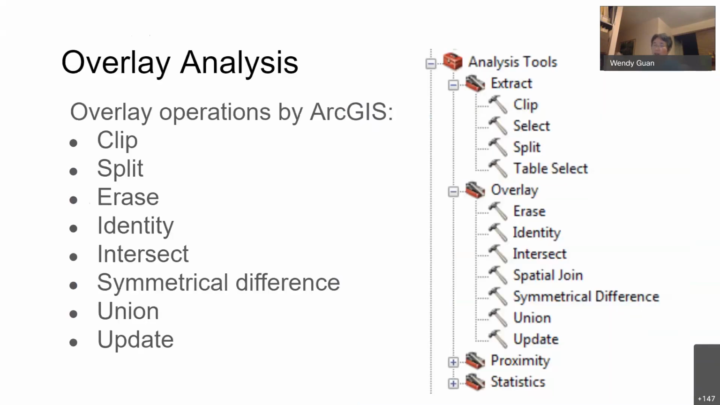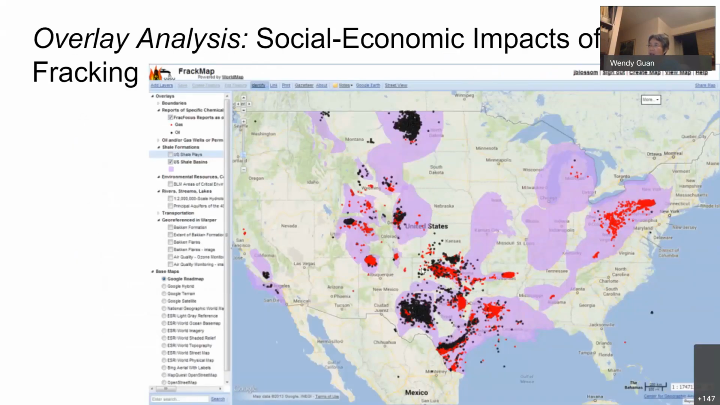So moving on to not just exploring data, but also manipulating data and generating new data layers. Overlay is the first one, and there are many different ways to overlay data layers. One example here is a training workshop that we offered a few years back for studying the socioeconomic impacts of fracking. Fracking, probably most of you are familiar with. This is the extraction of oil and gas from very deep rock